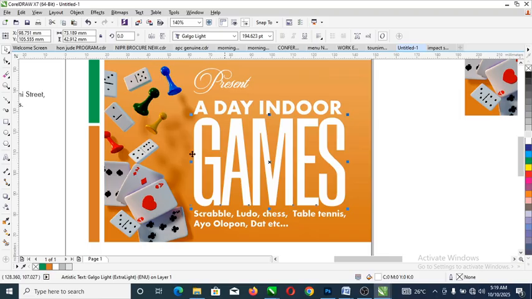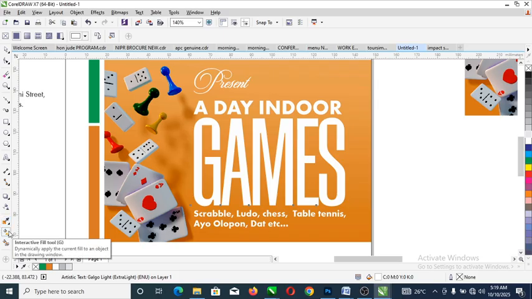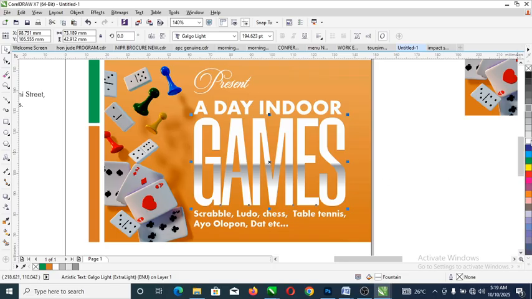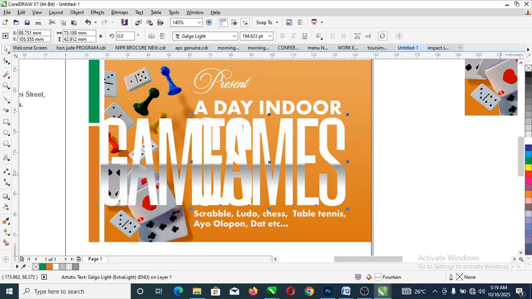effect this text. Go ahead, select your interactive fill tool, drag on the text, then double click at the middle. So let's make this grayscale. Move this white dot closer, then move the gray closer to that. So go ahead and right click on white to make the outline white. Before we go further, what you need to do is to duplicate this, then you go over and select